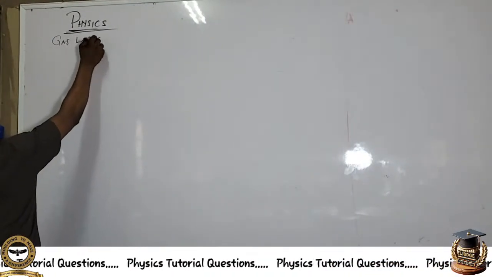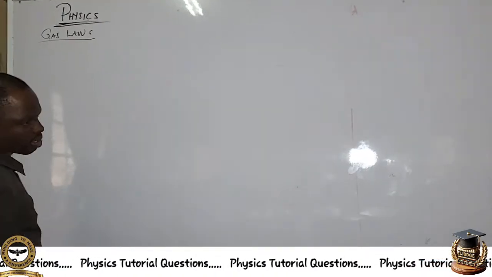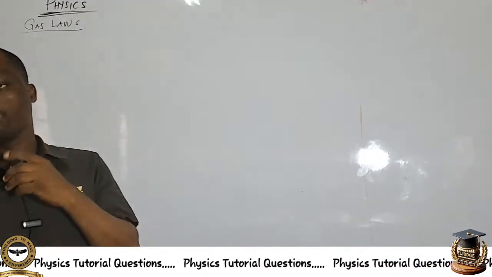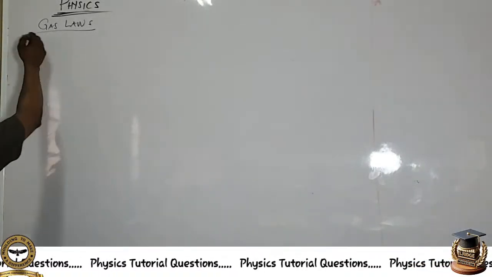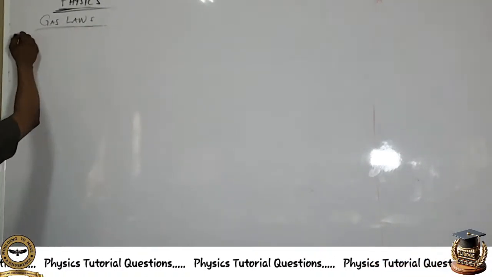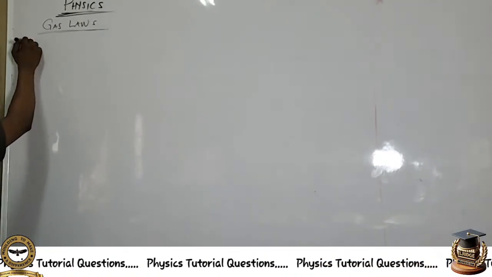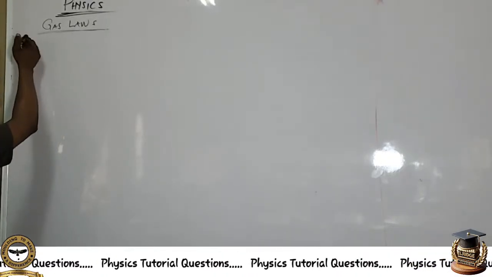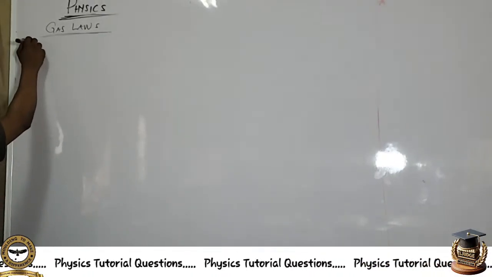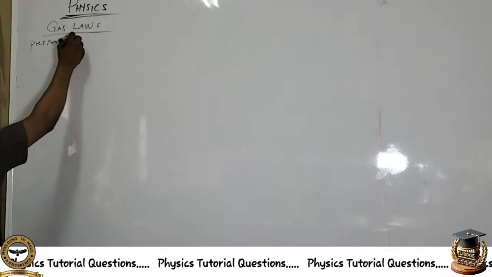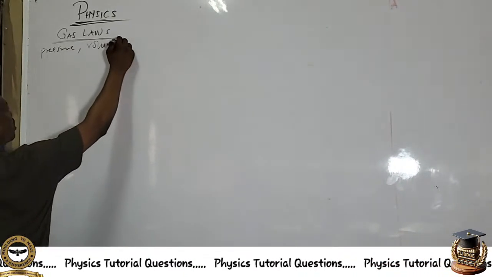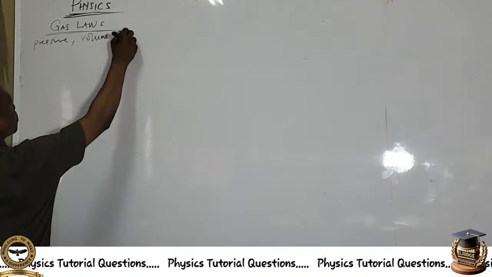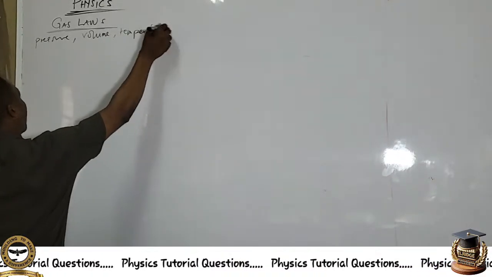So we have different gas laws, and these gas laws are just relationships between certain parameters, or we call them physical quantities of a gas, like the pressure, the volume, and the temperature. So we have Boyle's law,